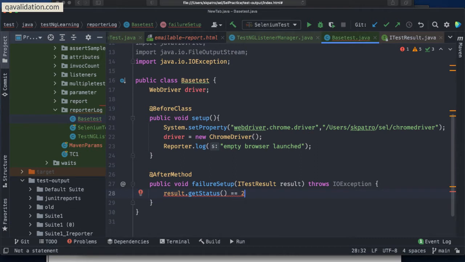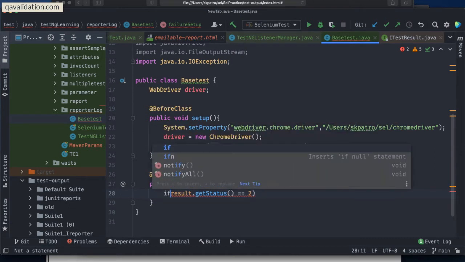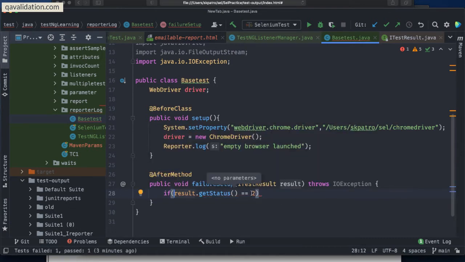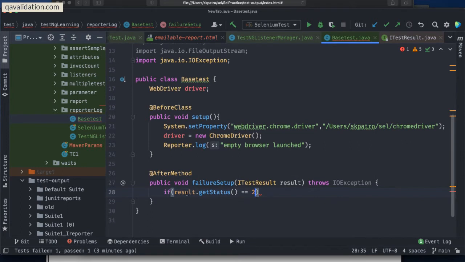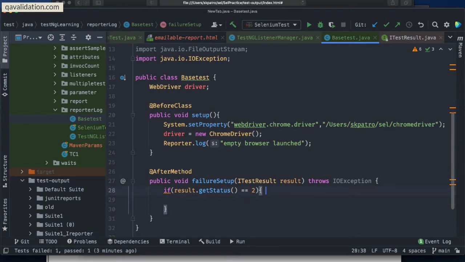You can even say that if my test case is skipping, you can put another condition, result.getStatus equal to 2 or result.getStatus equal to 3. In both these scenarios you can do it. At this moment I'm just making a failed scenario, so only if the test case is failing, you do this.